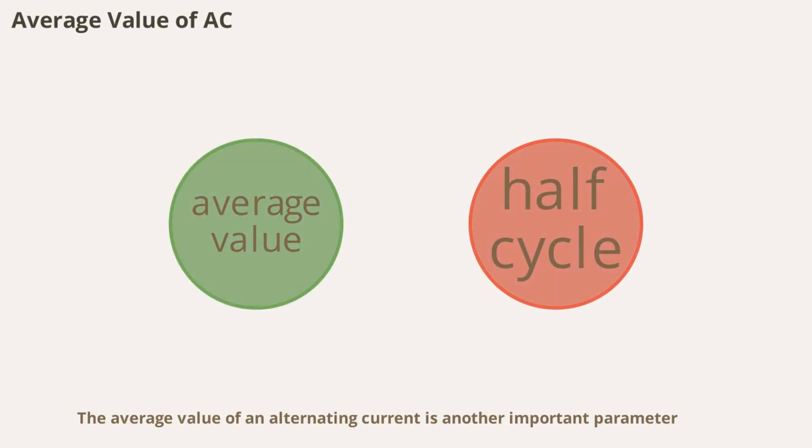Average value of an alternating current is another important parameter. For a complete cycle of a pure sinusoidal AC, the average value is 0 because the positive and negative halves cancel each other out. However, when we talk about the average value, we usually refer to the average over a half cycle. This value is useful in certain applications, such as rectification, where only one half of the waveform is used. Understanding the average value helps in analyzing circuits that convert AC to DC and in calculating the net effect